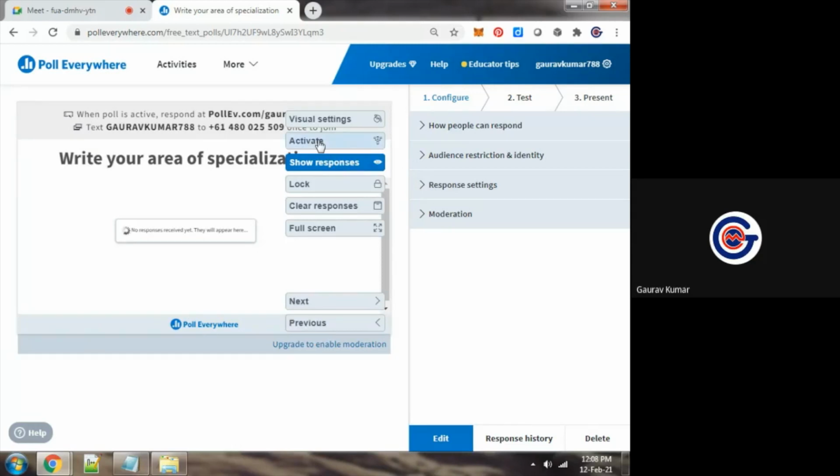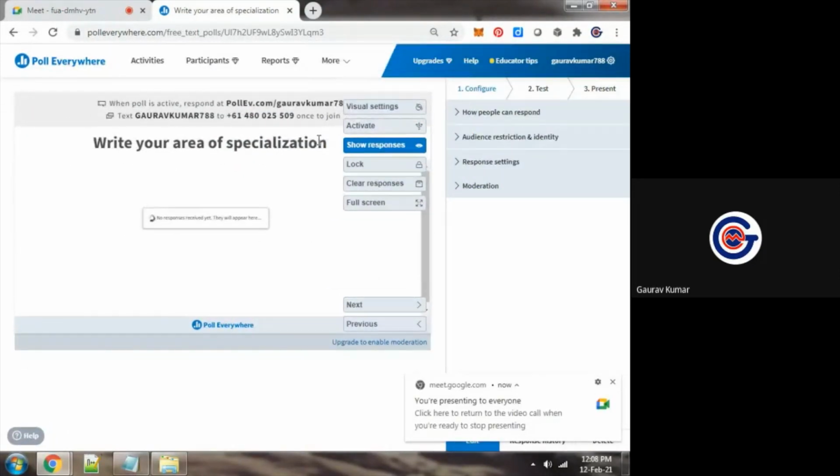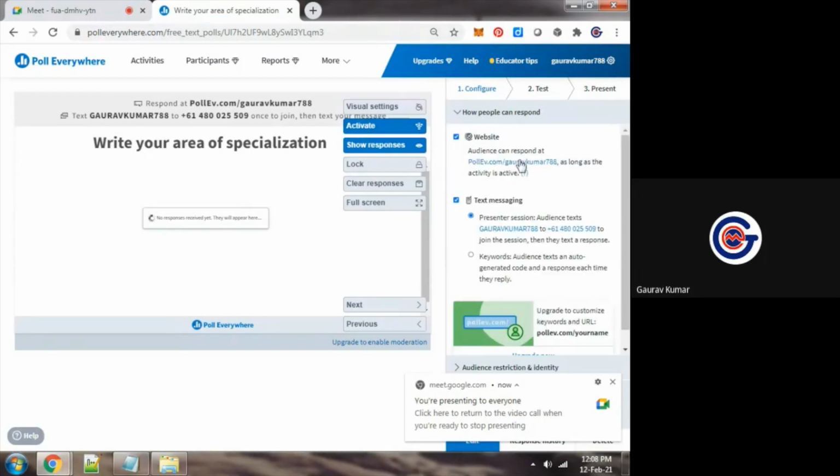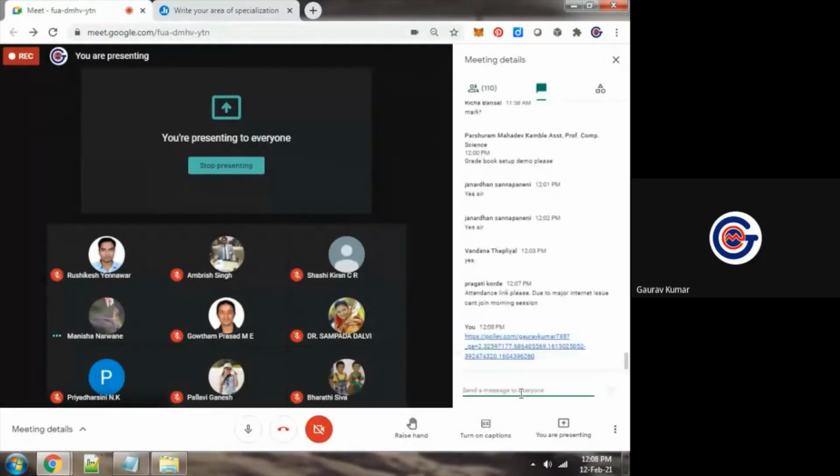this particular activity, and even by SMS also. Even if some participants are not having good bandwidth, then by SMS also they can respond. Okay, activate, and now how people will be able to respond, copy link address. Now, dear participants, I have shared you one link in chat.